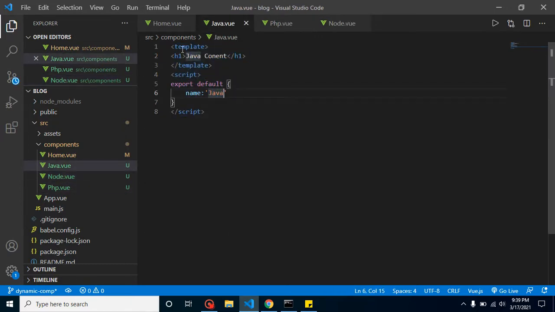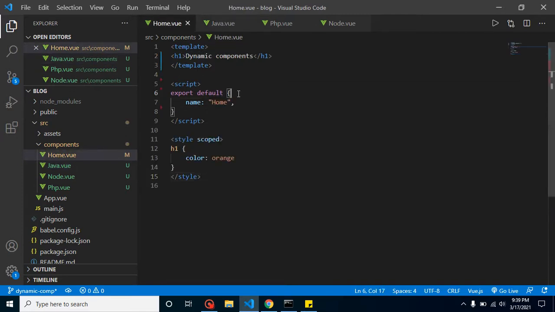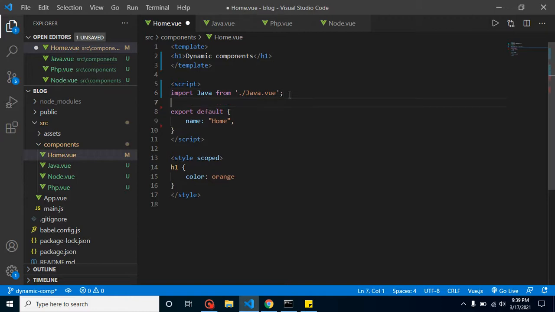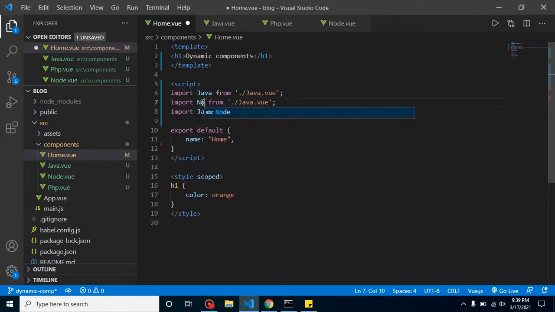Everything is fine. Now we can import all three components in our home. So let me import Java from Java.vue, and similarly we can copy and paste for Node as well as for PHP, and let me put here PHP.vue.